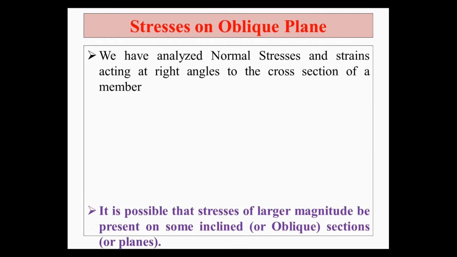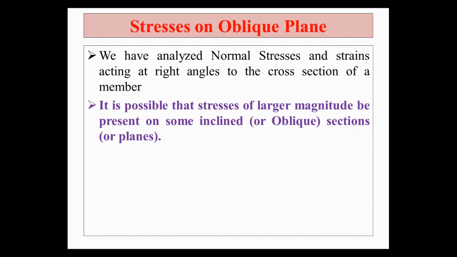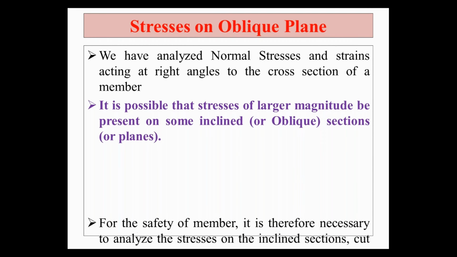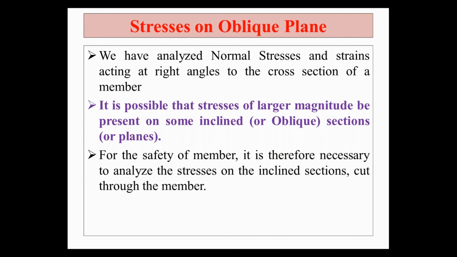It is possible that stresses of larger magnitude are present on some inclined or oblique sections or planes. For the safety of the member, it is therefore necessary to analyze the stresses on inclined planes cut